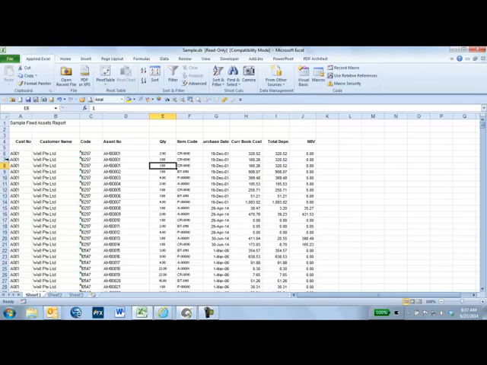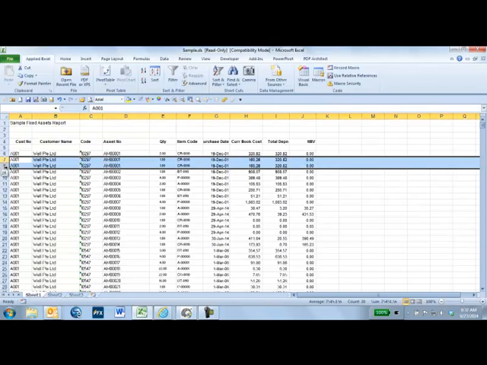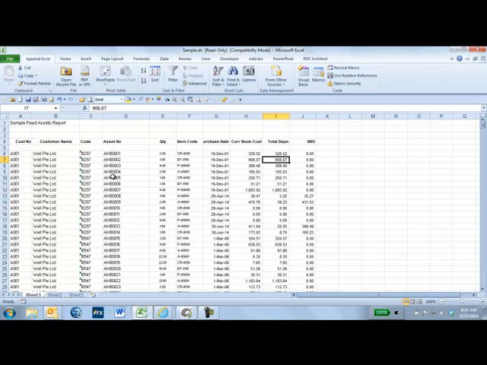Okay, so how do we do this? By using simple Excel. Now we can employ the use of VLOOKUP here, the approximate match, to do the job. So first we need to insert a column to the right,